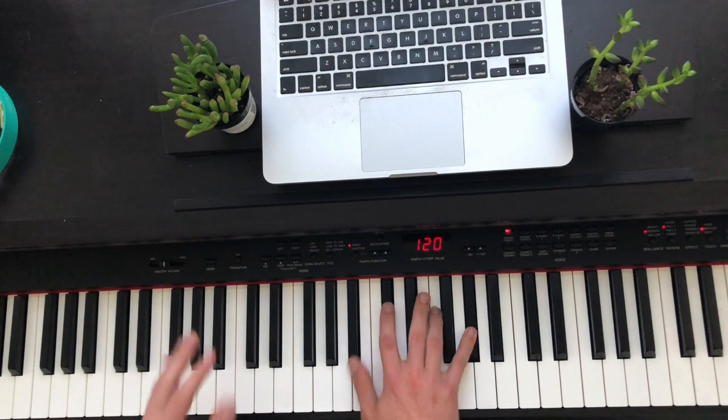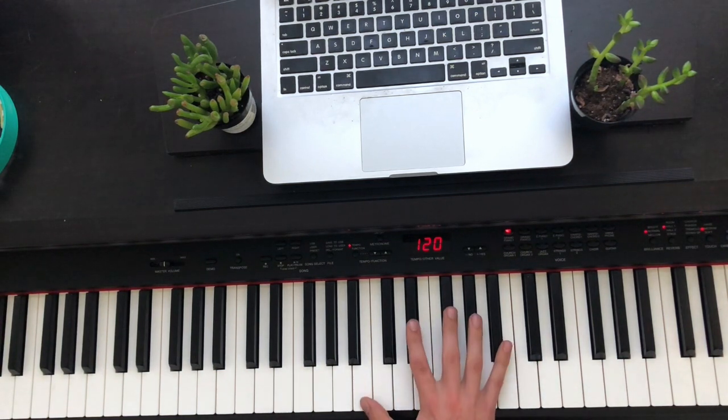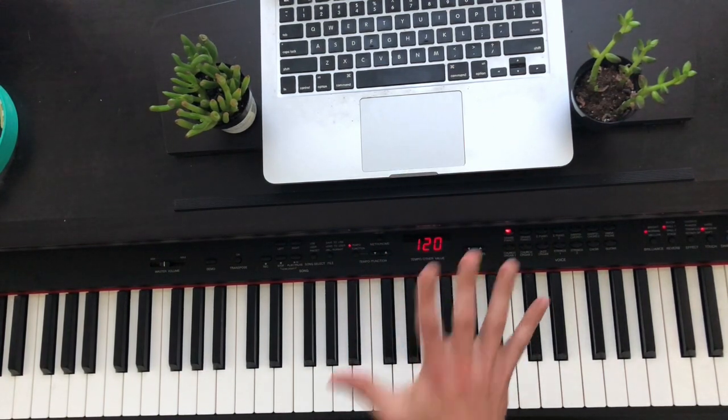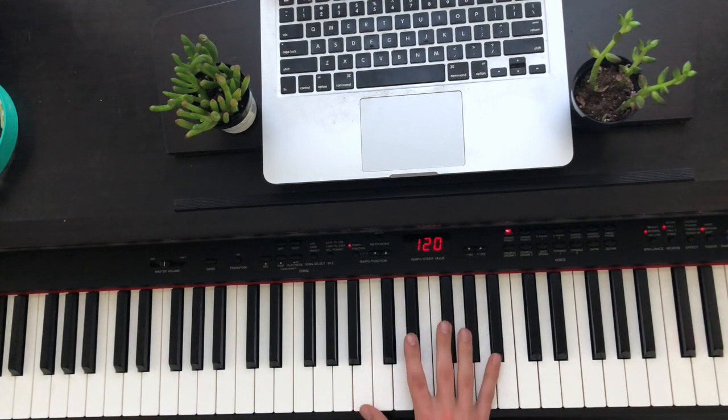All right, so that's essentially how the song's gonna go. The first part just repeats almost the entire song besides the bridge, so we're gonna jump right into that. So the first part is essentially 5 chords. So the song's gonna start off with a B7,